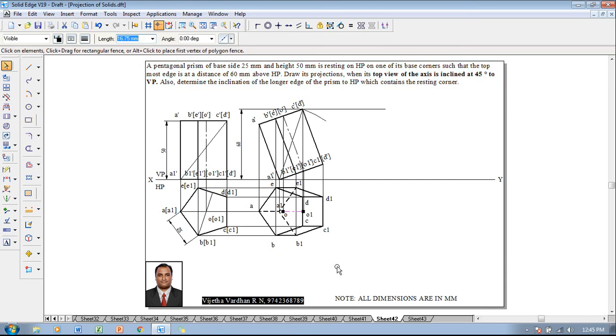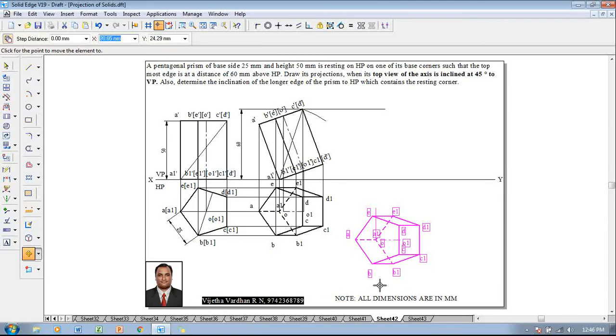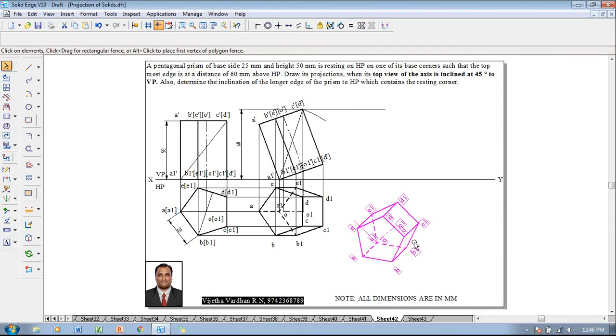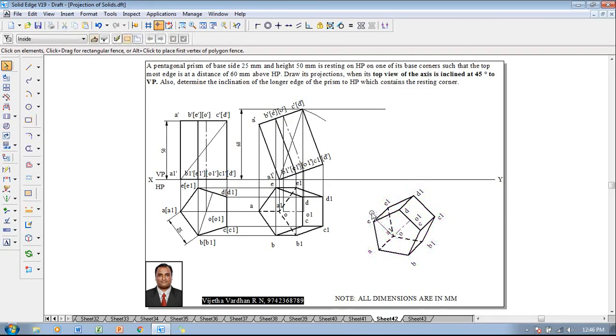Now what we have to do is select this top view completely, then make use of a command called move, switch on the copy option of move, then move with respect to any point and place it over here like this. Then go to the rotate command. Make sure that you select the end point of the axis O and then the other end point of the axis O1 secondly, and then the rotation angle is supposed to be given as 45 degree like this. Then press the left click. Now one can see that we are going to get the figure at an angle of 45 degree.